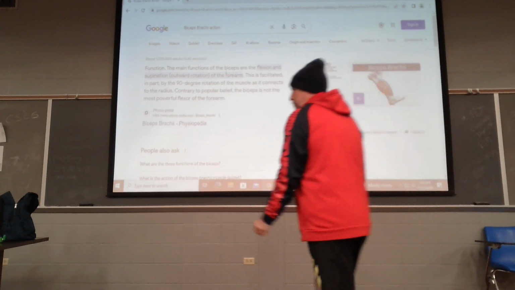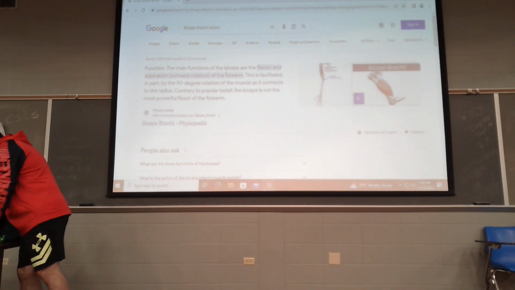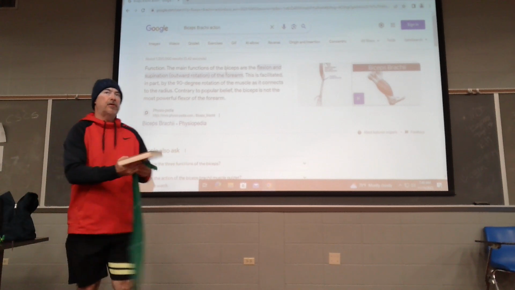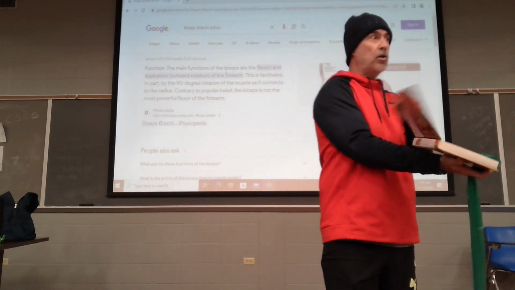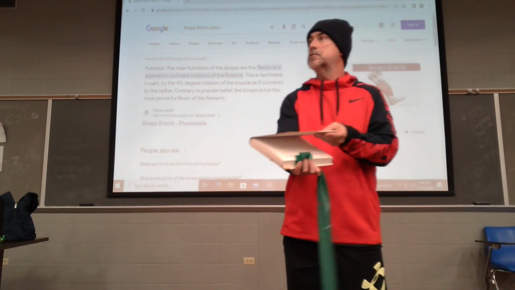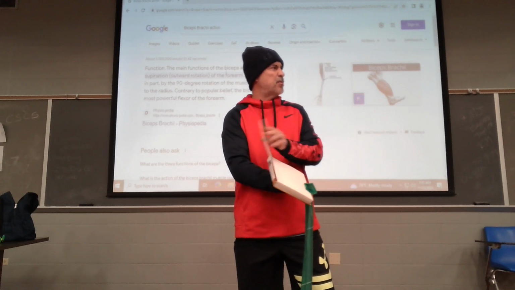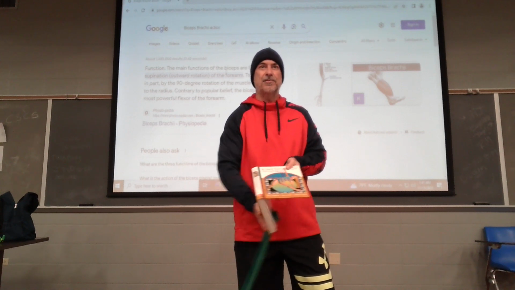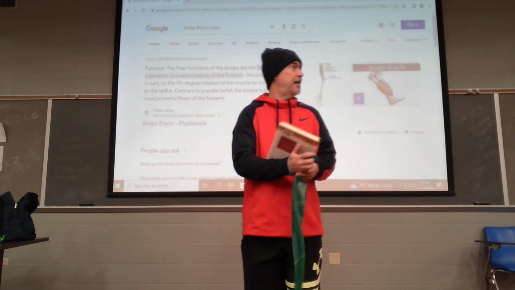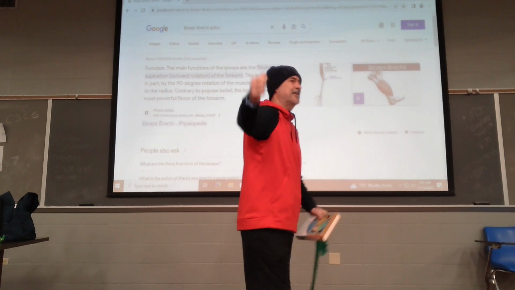I have a couple examples of what I'm trying to get at, okay? So here's a book. A book is a uniaxial hinge, open, close. Those are the two motions. We know that we can open the book traditionally, small piece moving about the big piece, but I could also open the book with the big piece moving about the small piece. We've done that several times. It's the same motion, right?